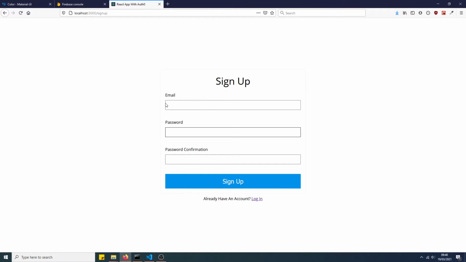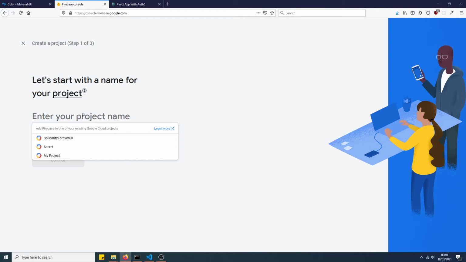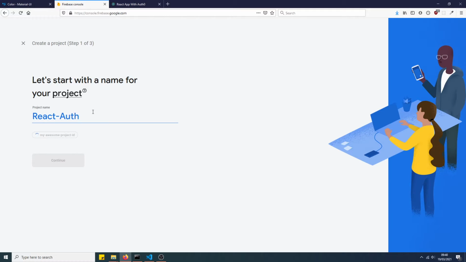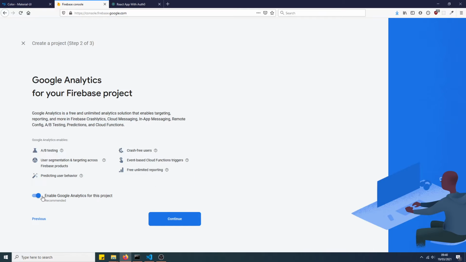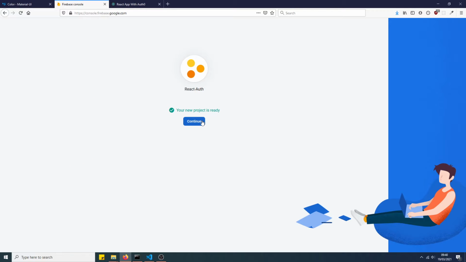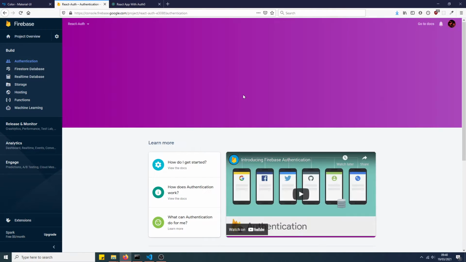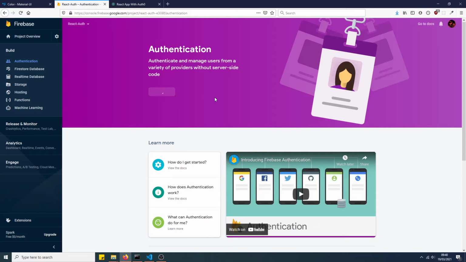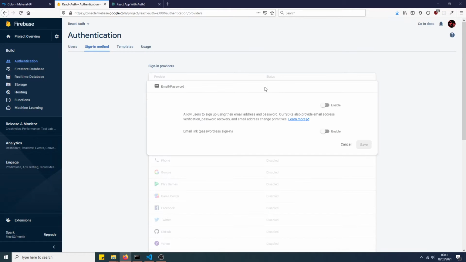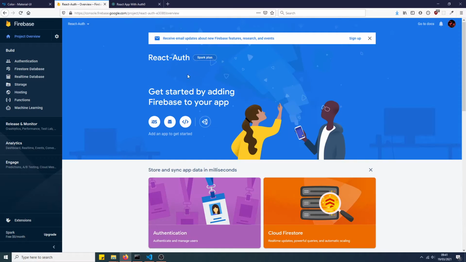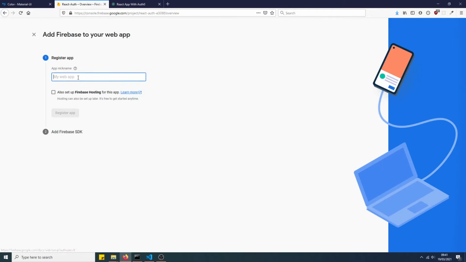So obviously, to start the authentication process, we're going to create a project in Firebase. So I'll do it now. Okay, now the project's finished loading, so we're going to press continue on that. And first things first, go to authentication, click get started, and then we want to go email password, enable this. That's the authentication that we will be using,